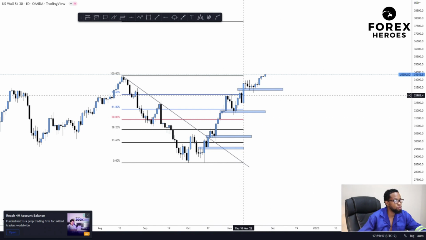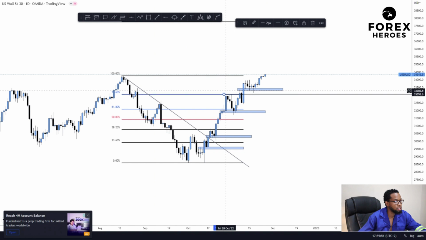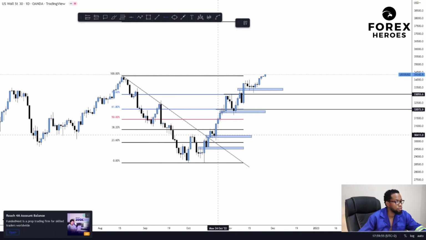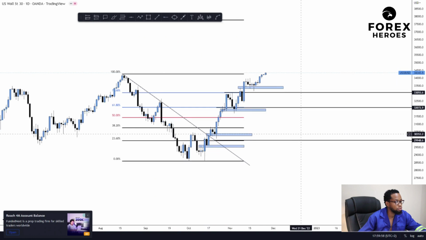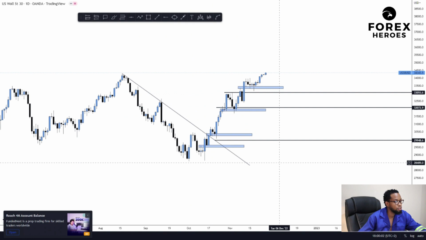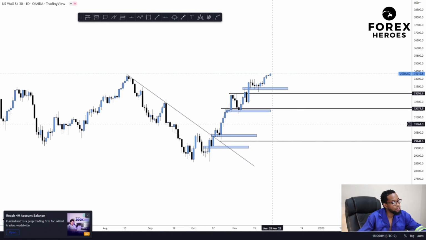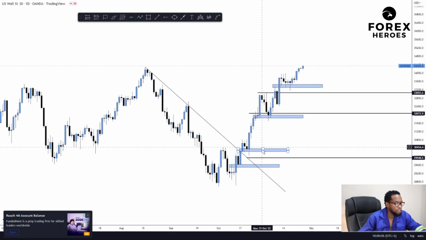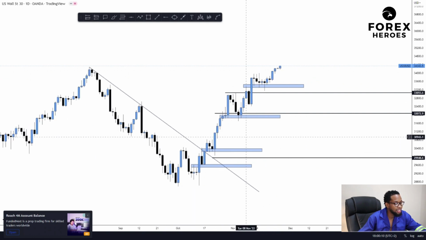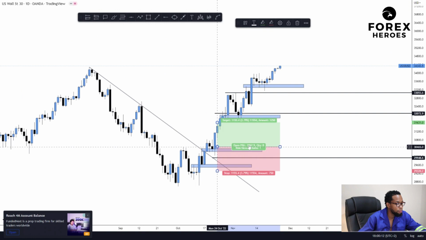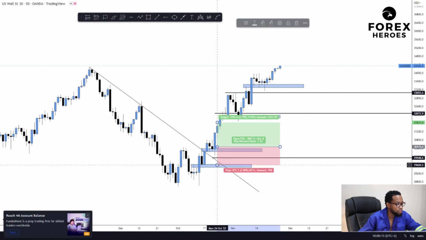But can you see that we are not on these lines? Let me draw these lines, the fib lines, so that you can be able to understand what I want to show you. Okay, you see our support, this one is above. So simply saying that if we had placed our buys here, and then our stop loss